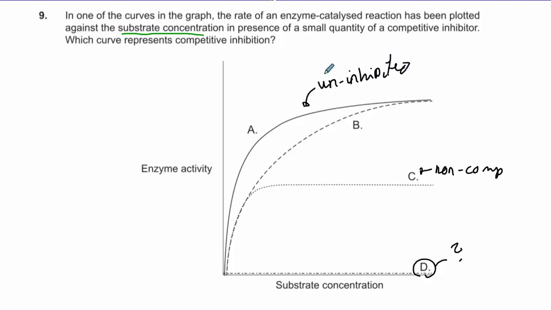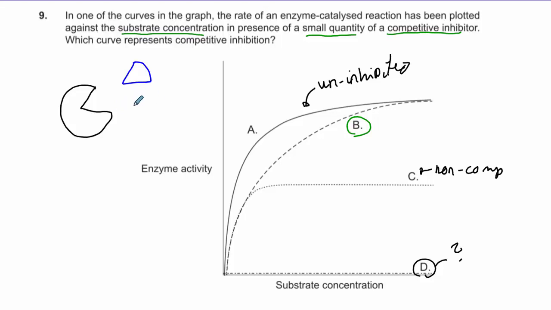And of course D is the competitively inhibited. So a small quantity of the inhibitor, and it's competitive. So what does this actually mean? Well, let's say the enzyme is a Pac-Man, and this mouth is the active site. Then the substrate goes into the mouth, but then